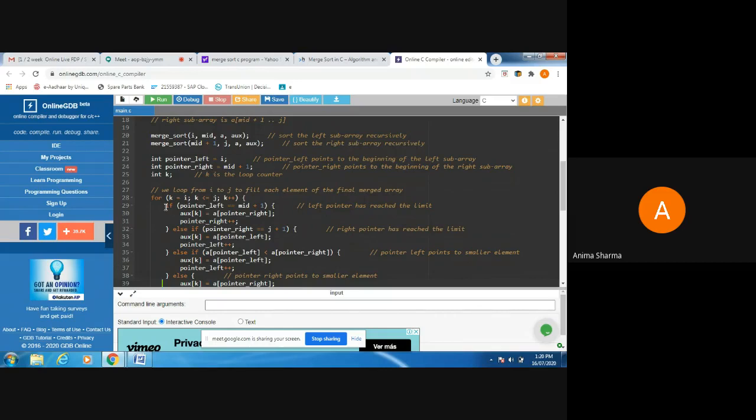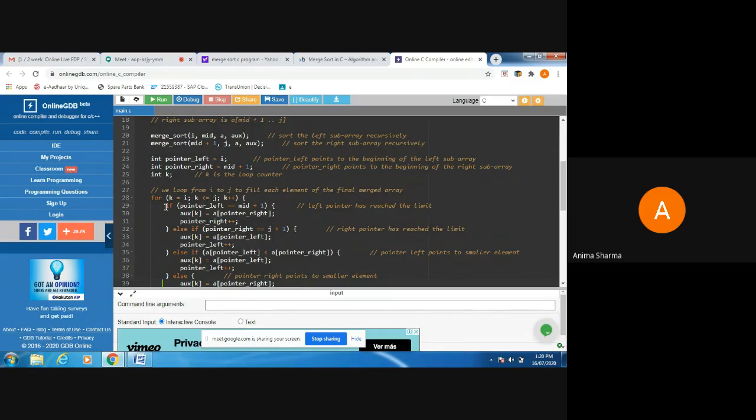So here, if the two are equal, then in position i of the aux array, we will shift the element of the right part, pointer right, to the auxiliary array, and we will increase the pointer right.